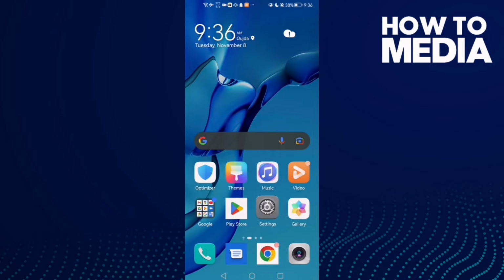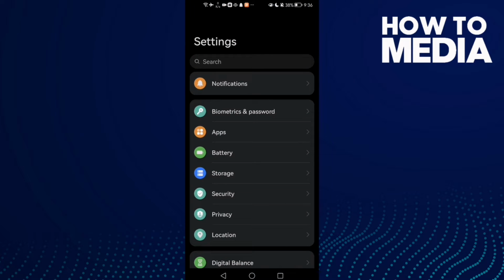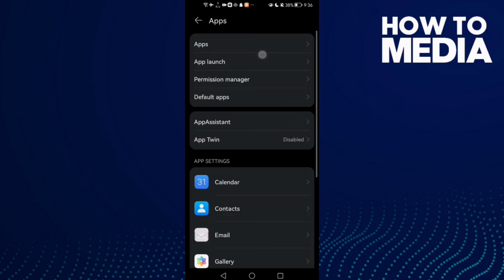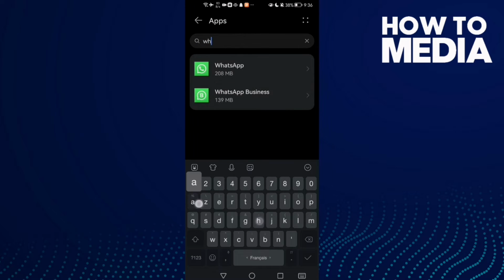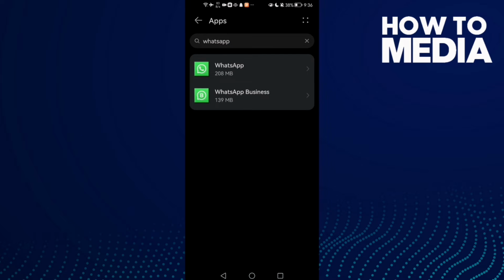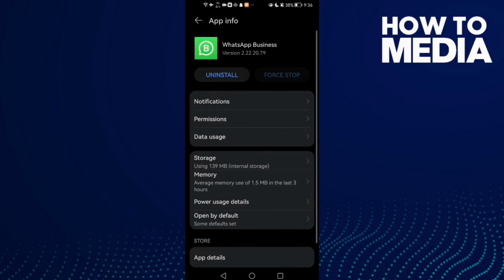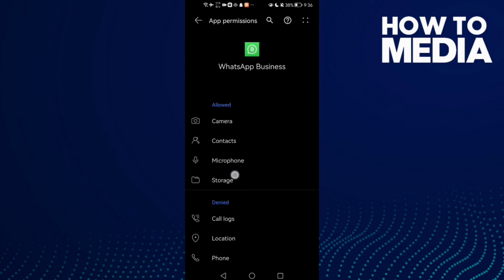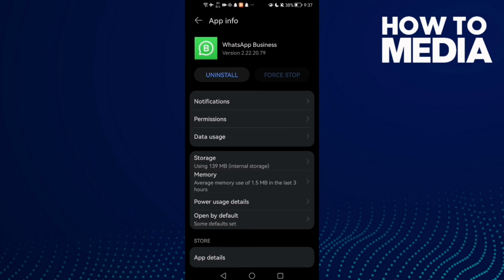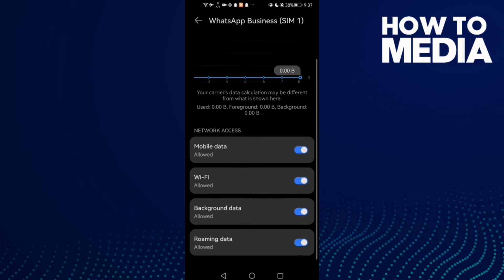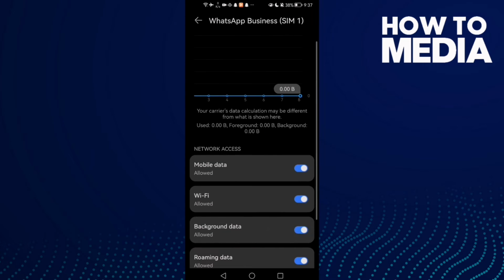First click Settings here, and now click Apps and then click Apps again, and now just type here WhatsApp and click on it, and then just click Permissions. Allow storage here, maybe you'll find it like that. Click Allow and then go to Data usage, allow background data here,